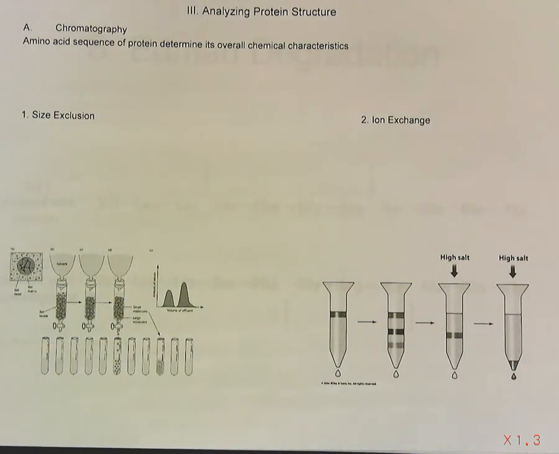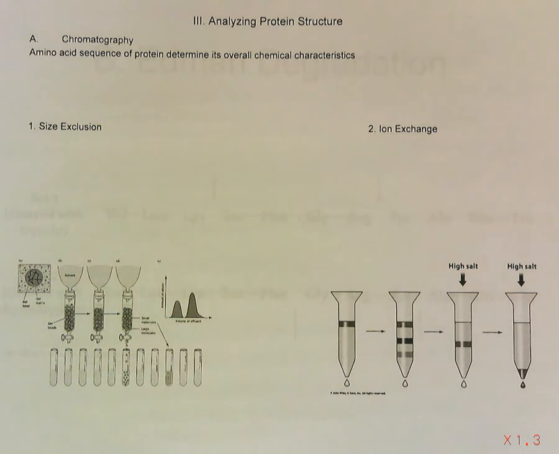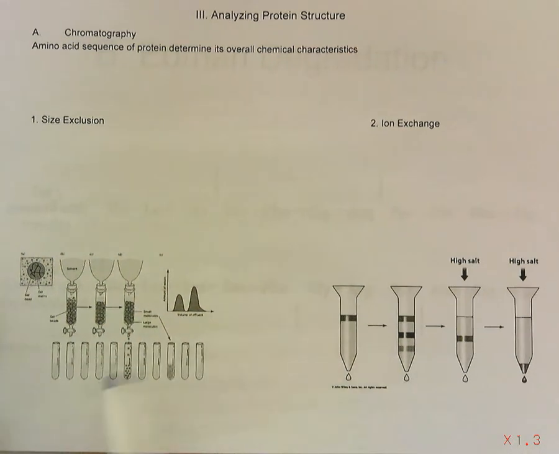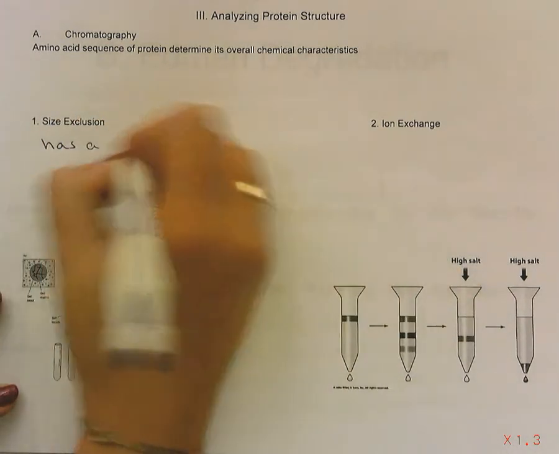So chromatography is a way of separating proteins. There are 2 typical ways we could do our chromatography, and they are named in ways that you probably can figure out. So size exclusion is based on size. These pictures are in your textbook, so if they look really tiny, that's okay. Size exclusion has a column